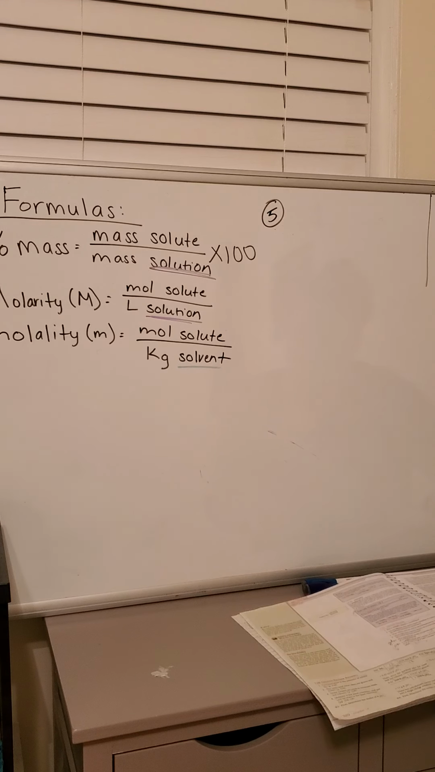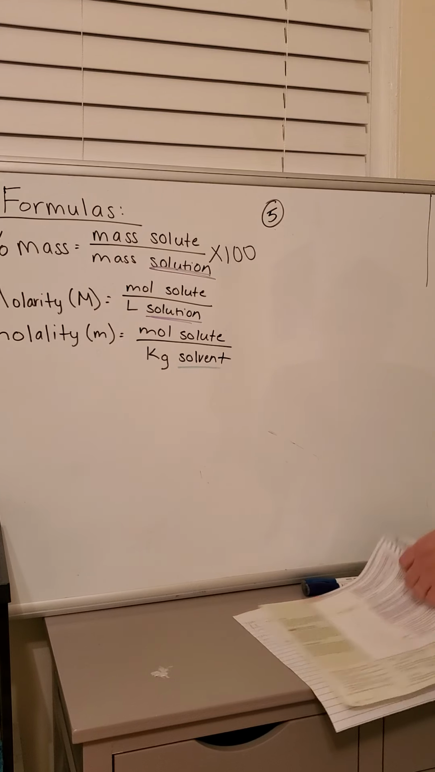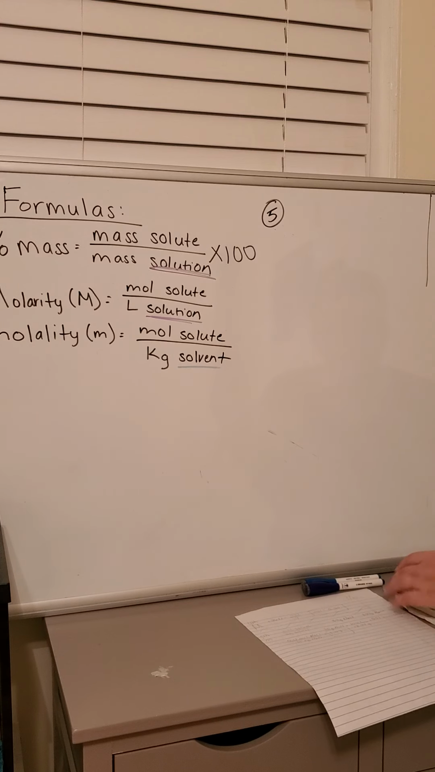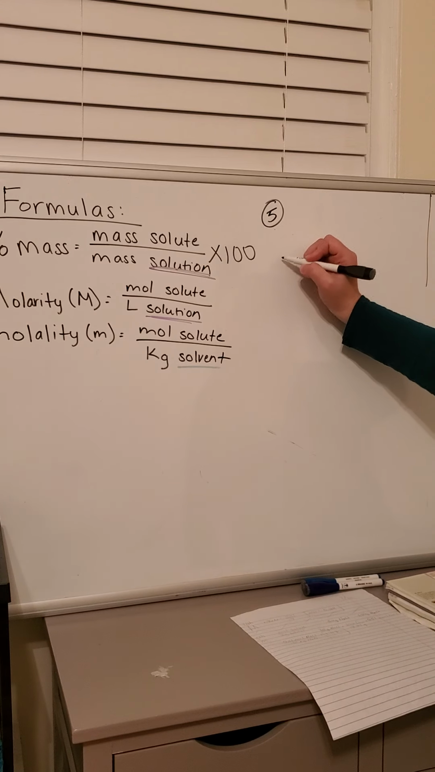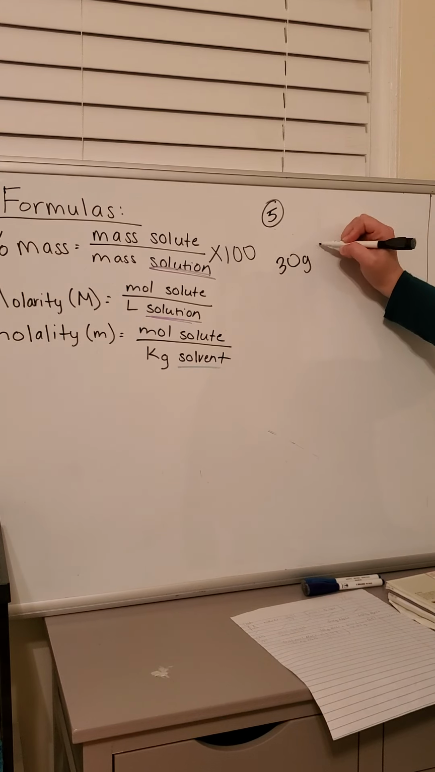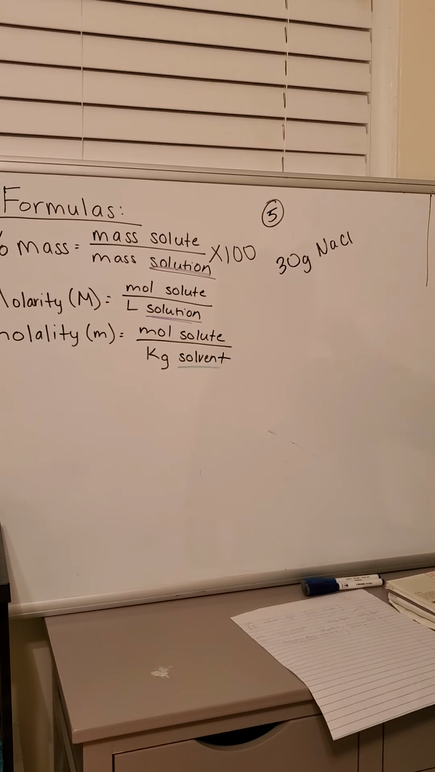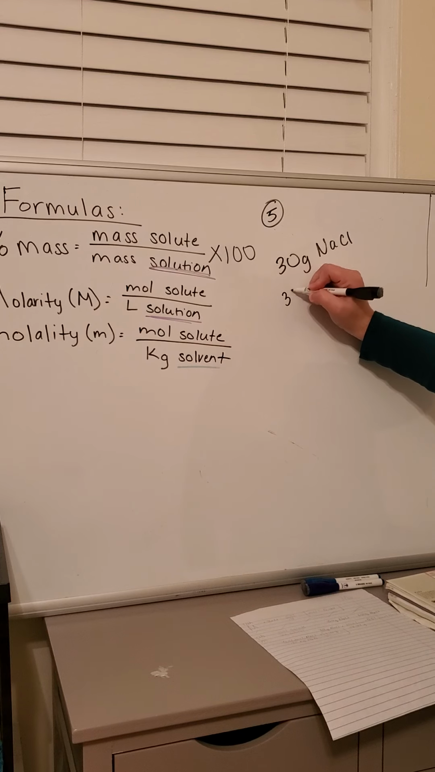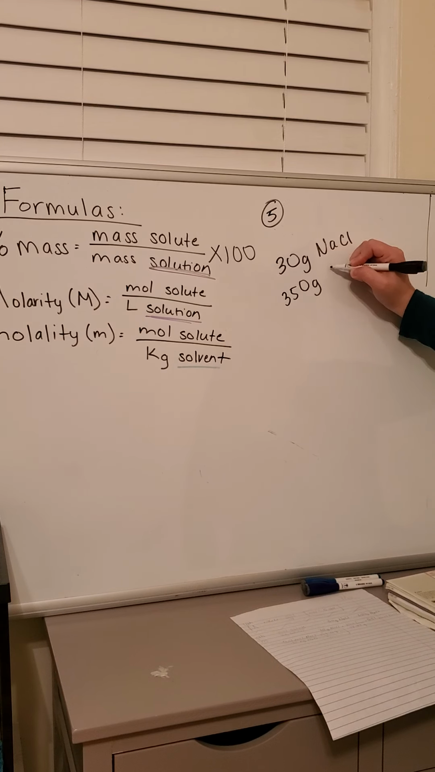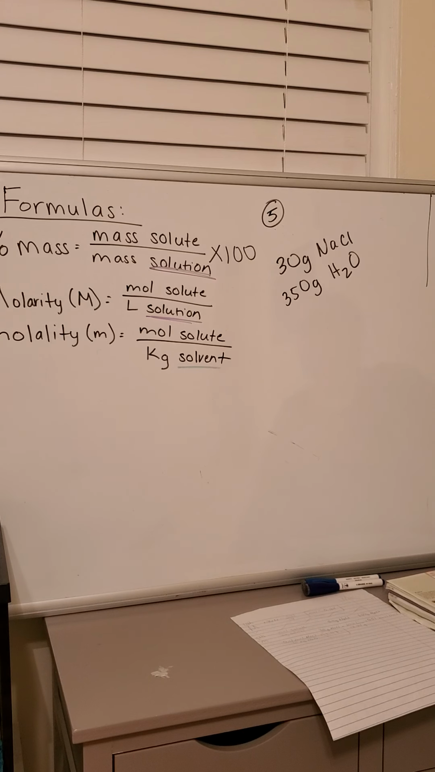Let me find the wording for this one. There it is. Okay. It says, what is the molality of a solution composed of 30 grams of NaCl and 350 grams of H2O? Now, you might ask yourself,